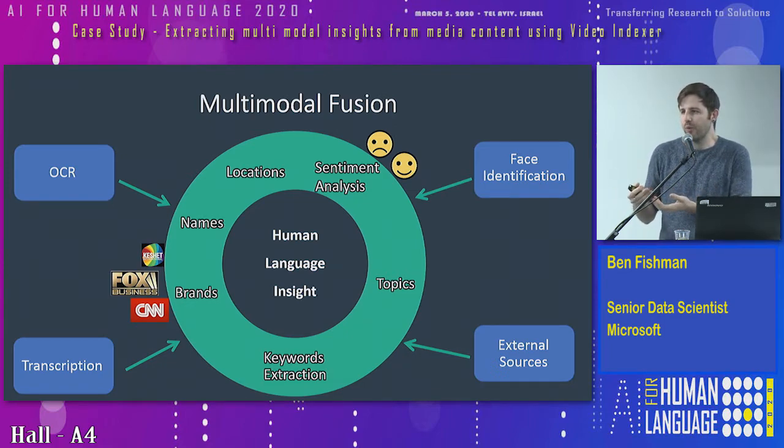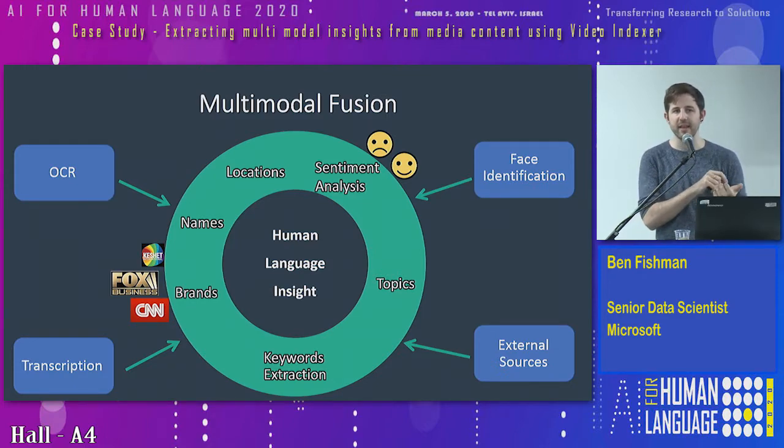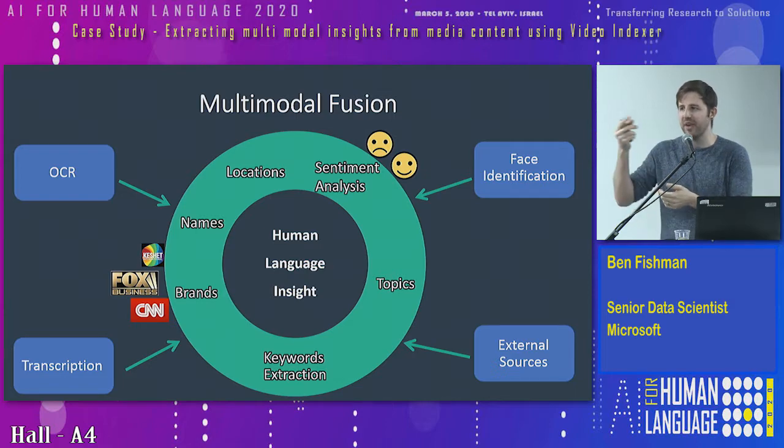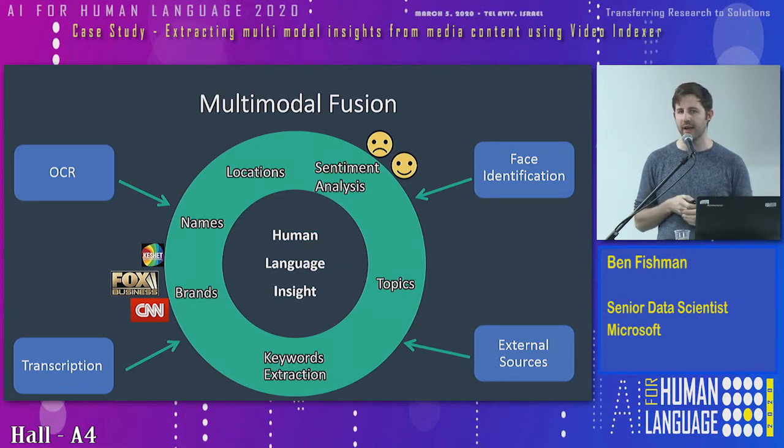What exactly do we give here as features? We can locate all the names that appear in the video or the audio, such as famous locations, famous names, brands and company names. We can also say which were the keywords that appear in this video or audio. We can understand the sentiment of the video, if it was positive or negative, and we can also understand the topic. The topic does not always appear in the video, but we can understand it by combining all this information.